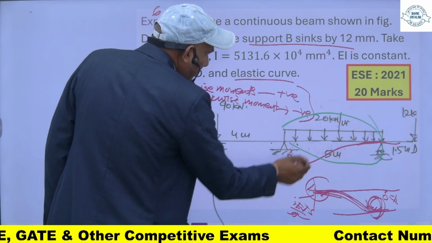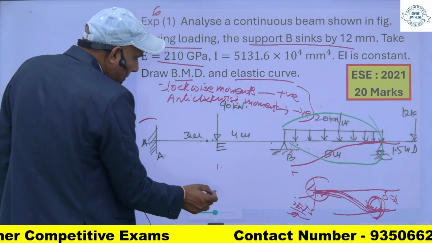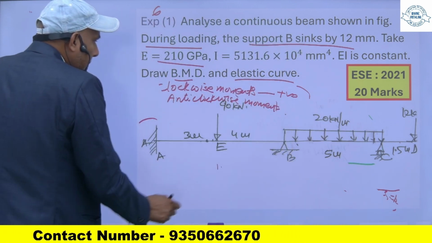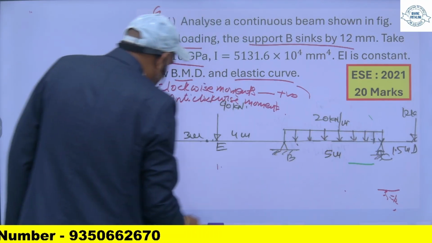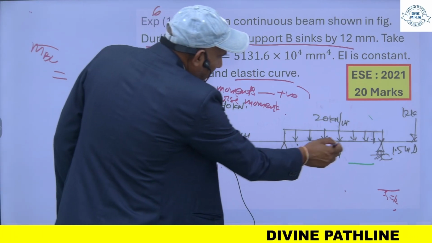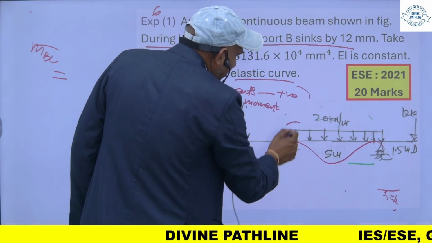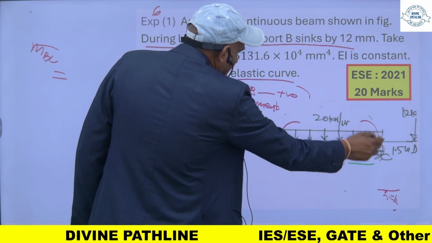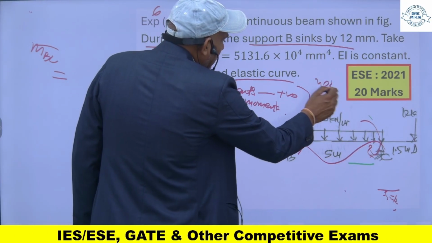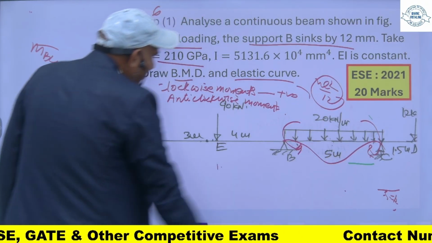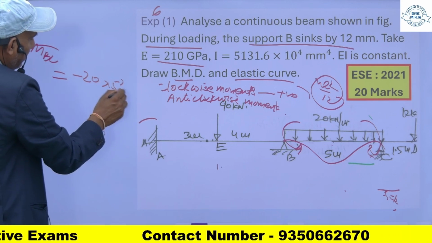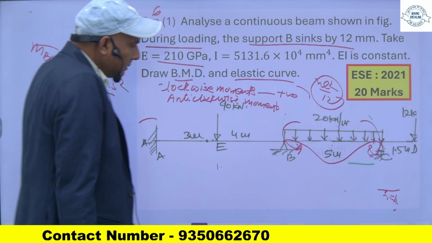Fixed end moment for this portion, I am talking about this BC portion. So fixed end moment MBC will be, because of this load, the beam will deflect like this. So it is anti-clockwise, and this one is clockwise, and the value will be WL square upon 12. This is the formula, WL square upon 12, fixed end moment because of UDL. So this is negative, 20 into 5 square upon 12,